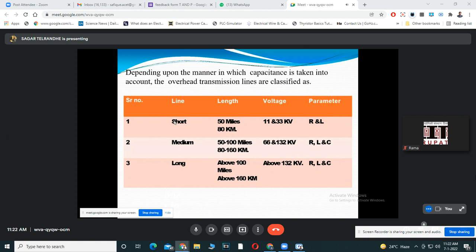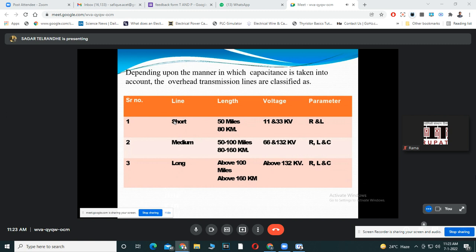To the medium transmission line, we can send a voltage wave and current wave, voltage wave of 66 to 133 kilovolt. Now, since the medium transmission line is larger in length as compared to the short transmission line, a new parameter is introduced in the circuit, which is the capacitance. Thus, in case of a medium transmission line, we need to calculate the resistive, inductive, and capacitive parameter of the transmission line.